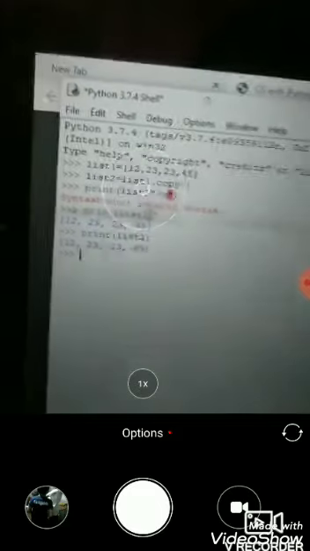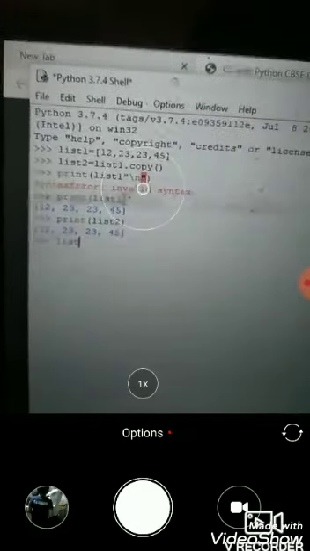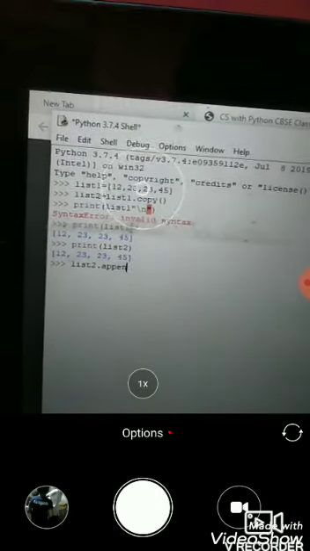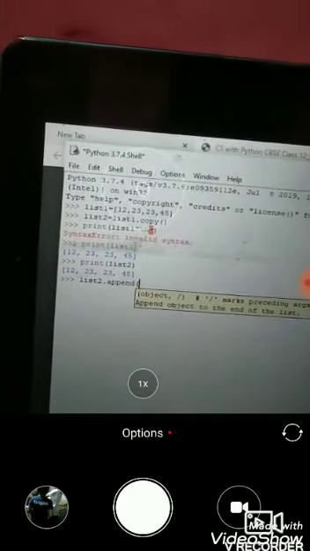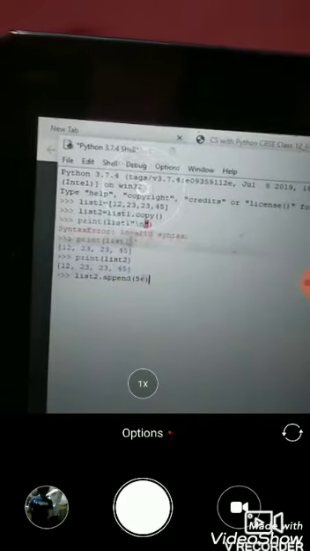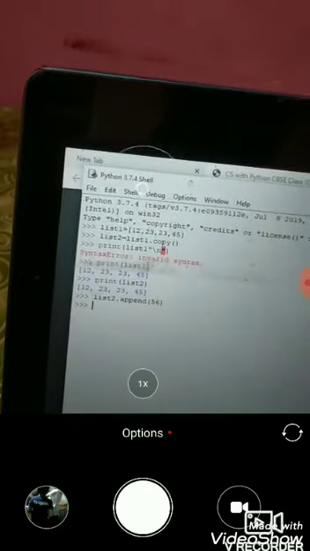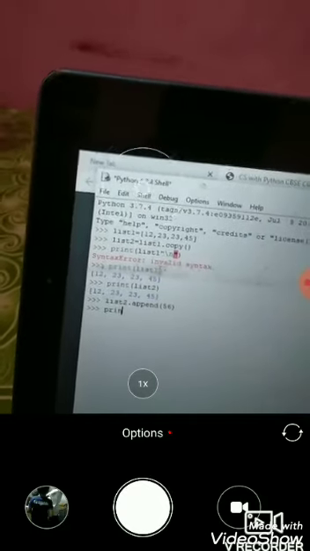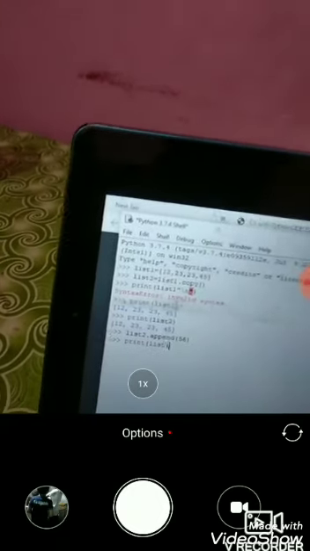Now if we change or append something, we do list2.append and add an object, 56, then press enter and see the result of list1.